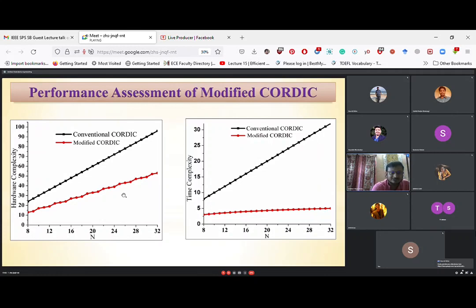And here hardware complexity is also not varying exactly in the same way. It is linear. We have not broken down the hardware complexity to logarithmic. We have only broken down the time complexity from linear to logarithmic. Hardware complexity remains linear, but the slope is less. It is increasing by a very small amount, because for those LSBs we have incorporated approximation.